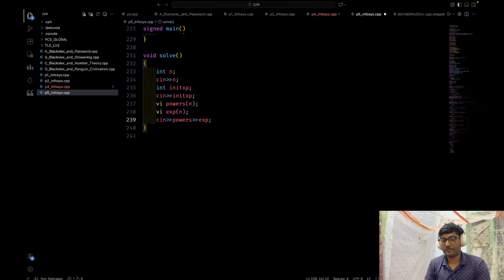Now I will sort them with respect to powers, but if I am sorting any two powers, their experiences will also get interchanged, right? So I cannot just perform a sort directly. I just have to think like,